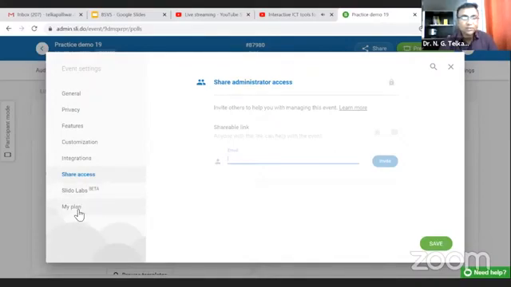Then my plan. Suppose I am using the free plan here. You can go for the premium version also, but I think it is sufficient to go for only the free version, because in the free version you can create the poll, and you can also create 30 quiz questions during the live session. So that is the advantage of the free version. The 30 questions and 100 participants taking part in this online poll or quiz is more than sufficient.